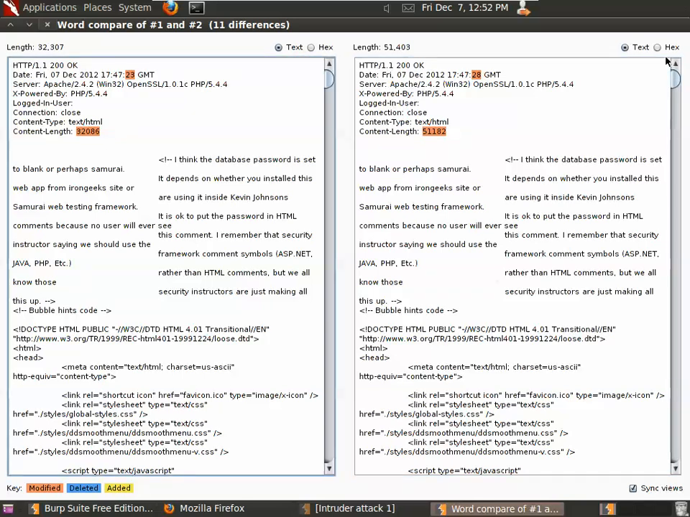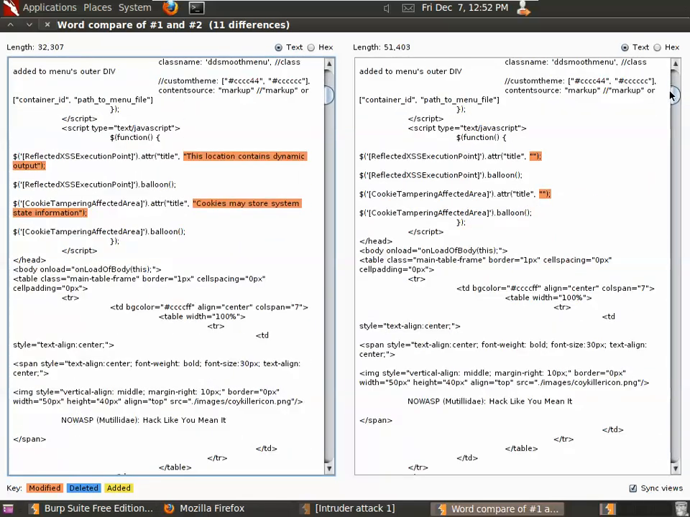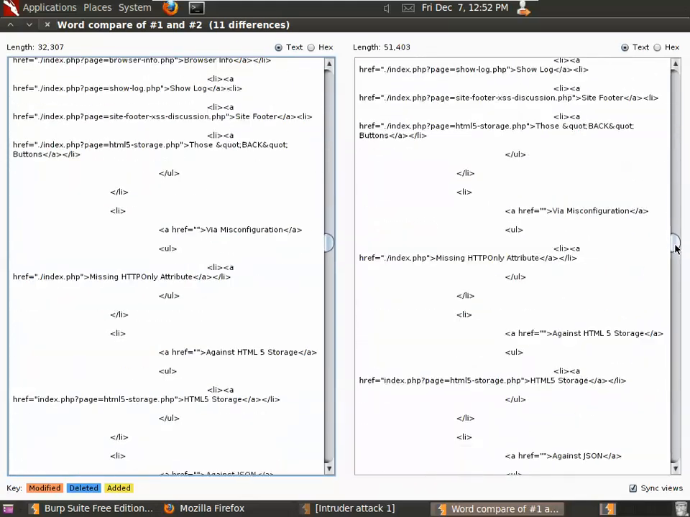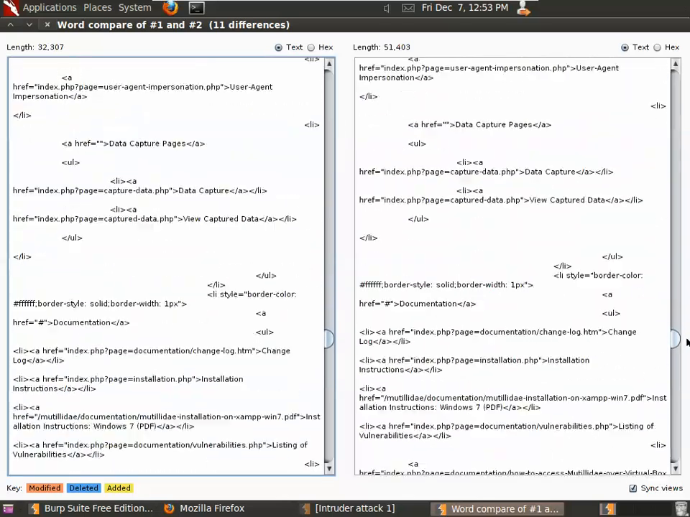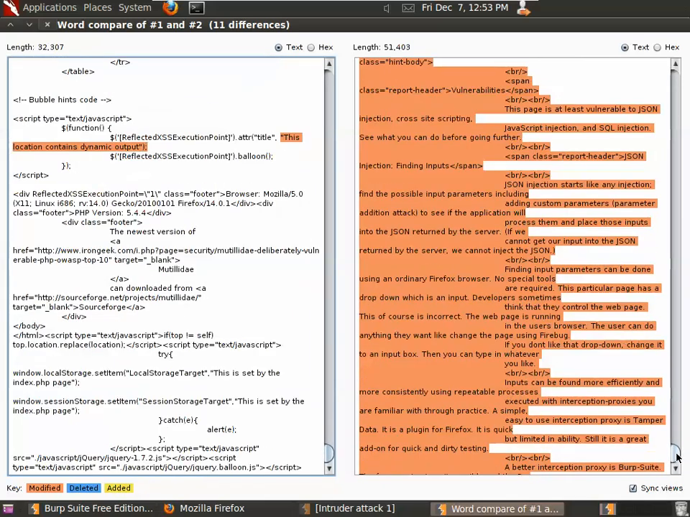So these red areas are areas where there's the same amount of characters in both sides, but the value is different. Or it may not necessarily be the same amount. The characters between, both of these are the attribute of a title tag, for example. And we're basically looking for blue or yellow to see if something was deleted or added. Okay, or modified. So on the page on the right, you can see there's a lot more information on that